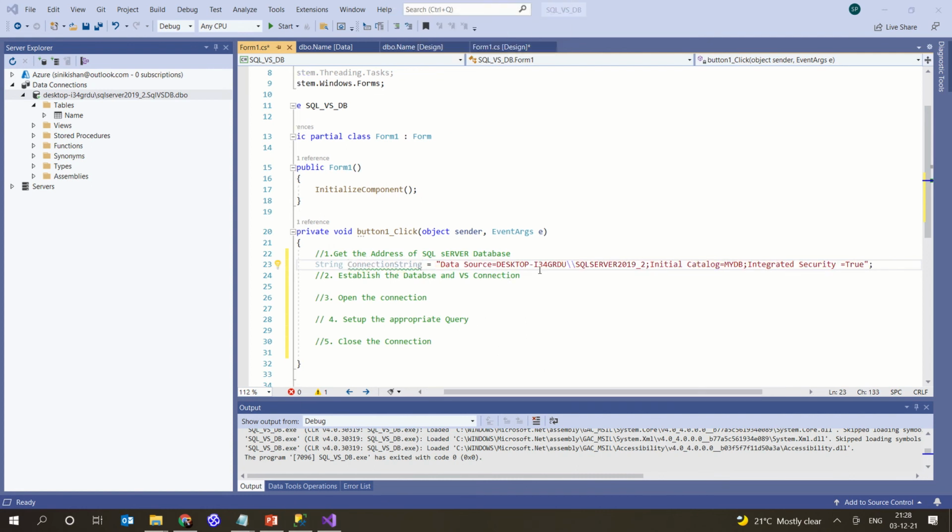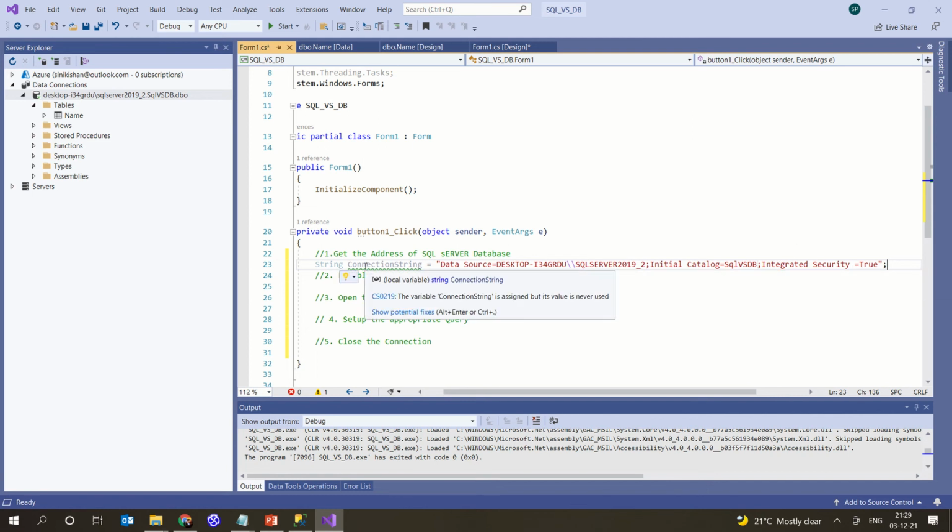When I copy this, I'm slightly modifying it here. My DB name is basically SQL VSDB, and I'm giving integrated security equal to true.